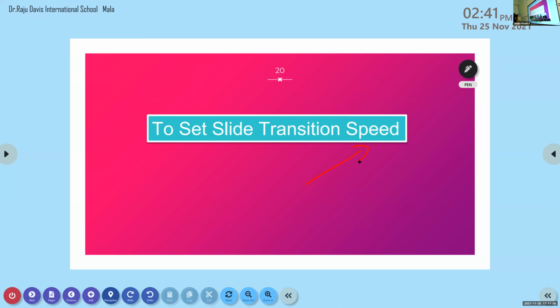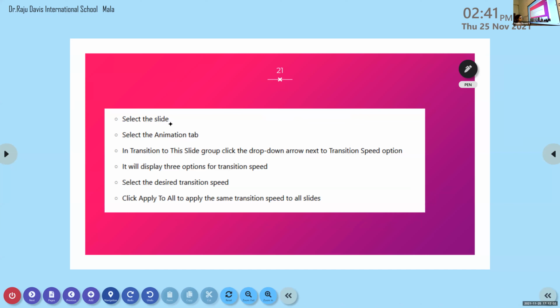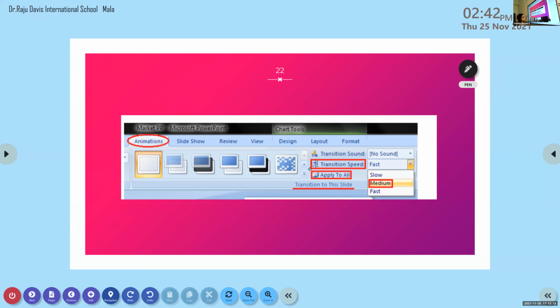Now, if you want to set a speed, let's see how. Here you can see the steps. First we have to select the slide. Then in the animation tab, you can see the option transition speed, from where you can select the speed that you want.